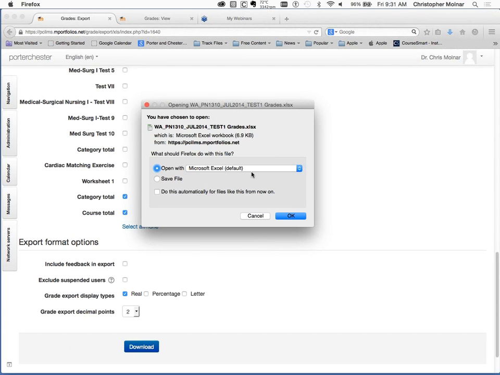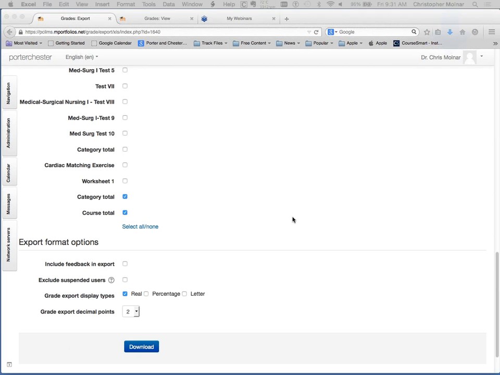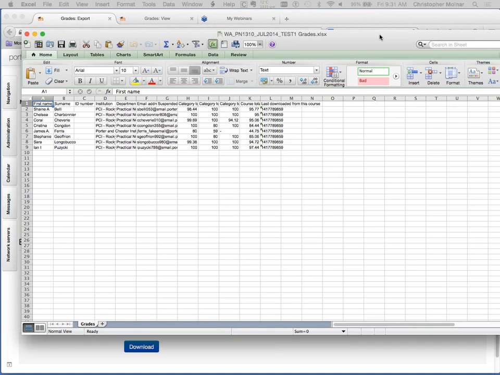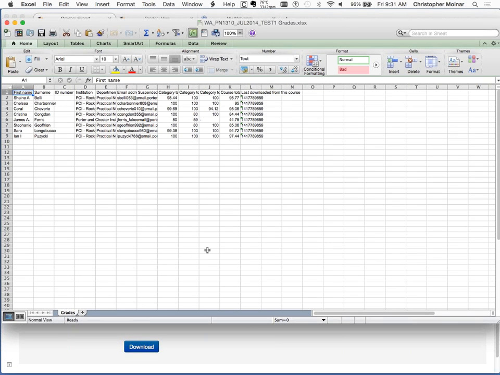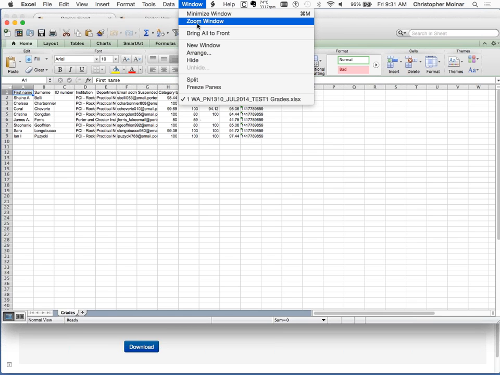You can either open it or save the file. I'm going to go ahead and let it open in Microsoft Excel. Okay, and then I'll shove it back over on this screen. And let me see if I can zoom in a little bit on this. This isn't what I wanted. Okay, so what you get here basically